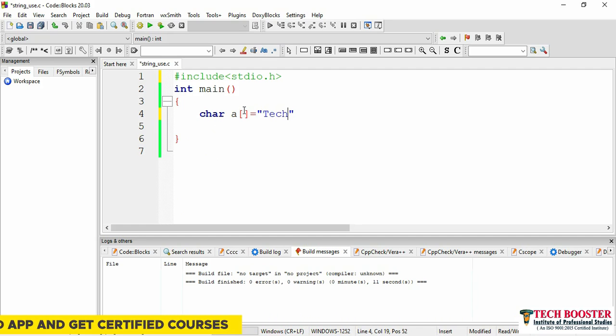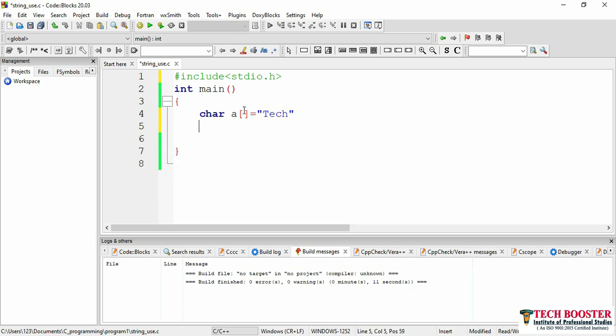So how to get that? As I have told you, at the end of your string you will always have your \0 character. So I will use that particular thing in my condition to calculate my number of characters. I will just use a for loop here.